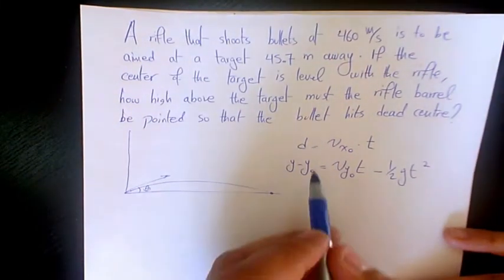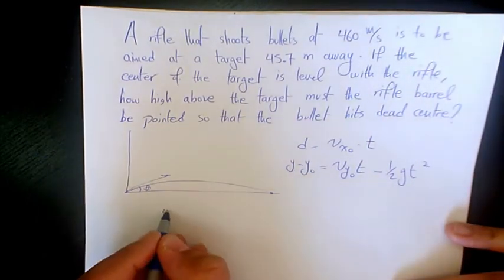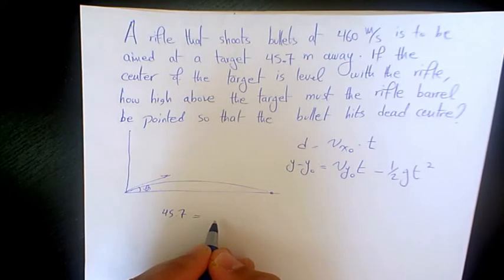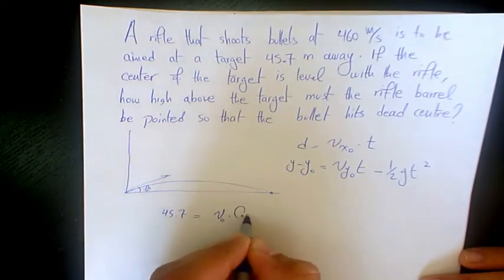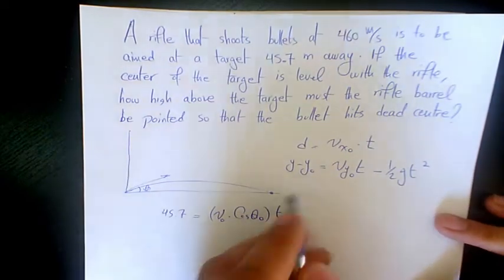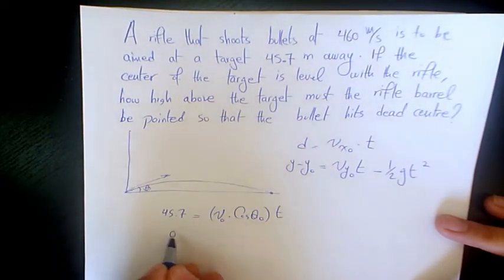So let's sub it there. D is 45.7 meters. Vx is going to be v_0 cosine theta_0 times time, and y minus y_0 is going to be 0,